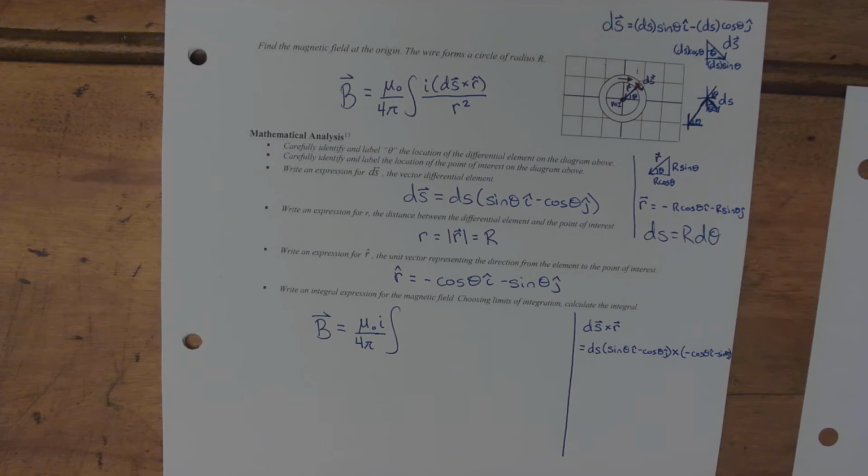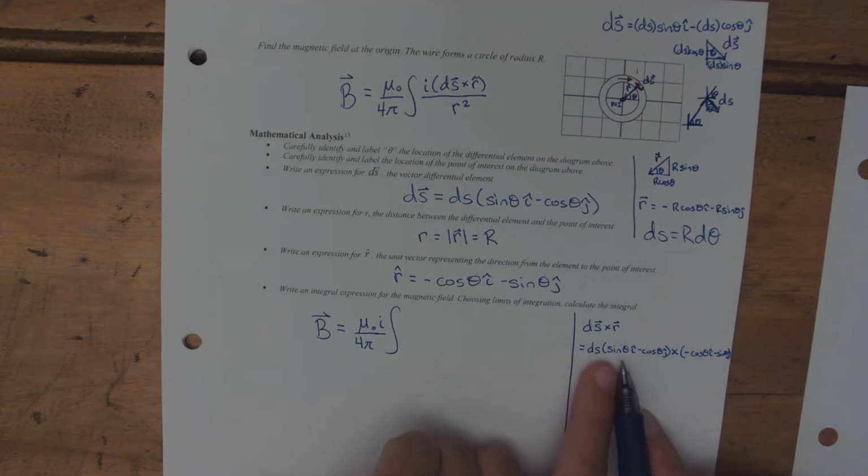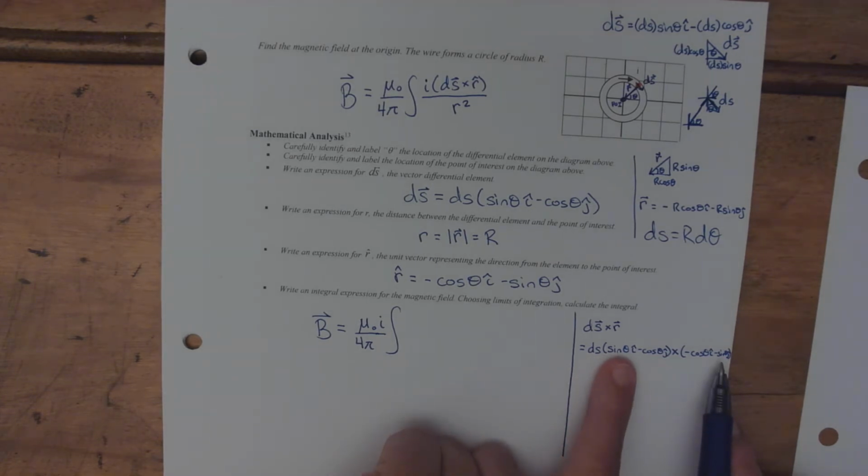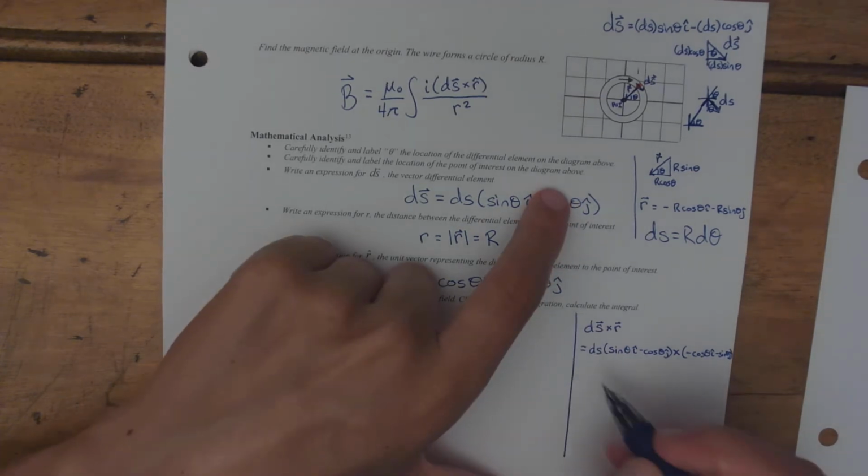Okay, then if I do the first term here times the first term here, that's i hat crossed with i hat, which is 0. Then if I do the outer terms, that's ds sine theta i hat crossed with minus sine theta j hat. i hat crossed with j hat is k hat, so it's